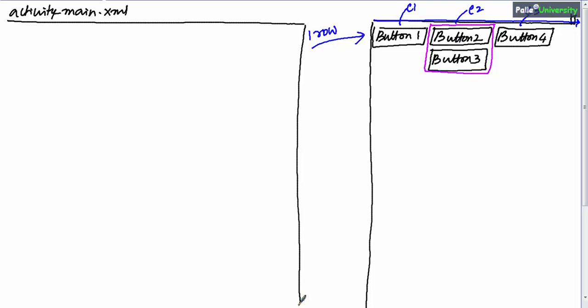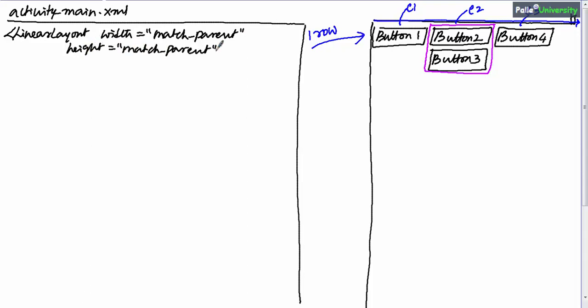So our screen design XML will look like this, with root element as linear layout. What is the width of this linear layout? Width is, let us say, match parent. You can take wrap content also, there is no problem. And height is, let us say, match parent.